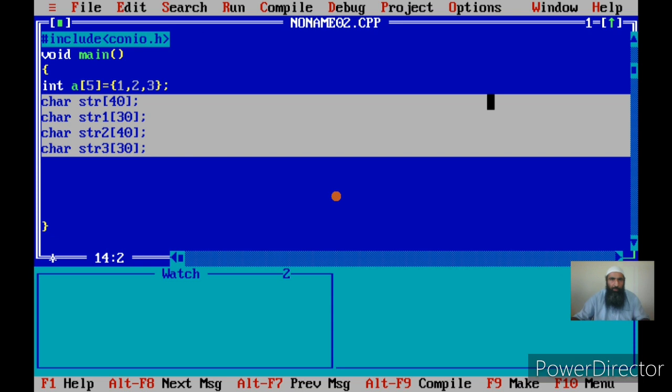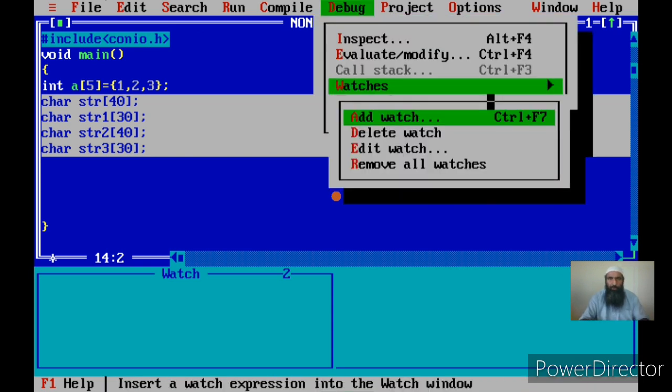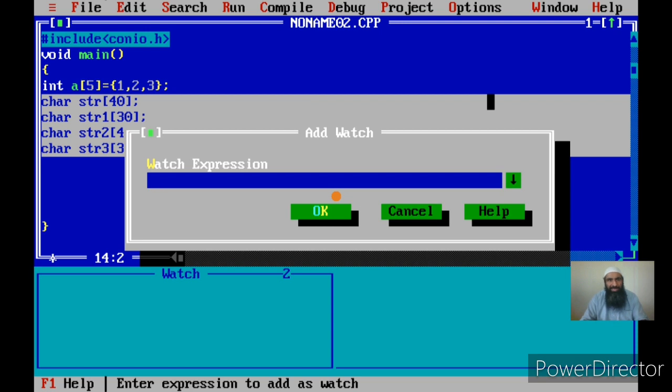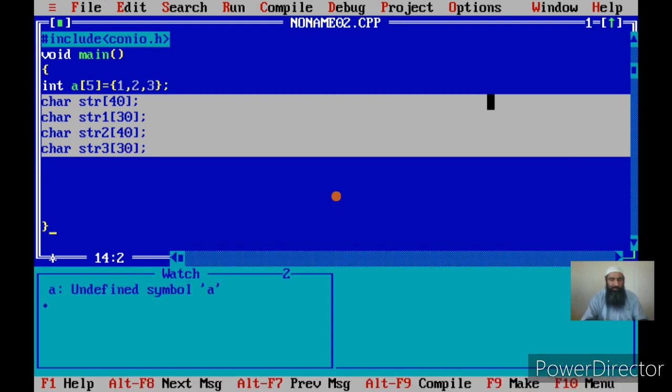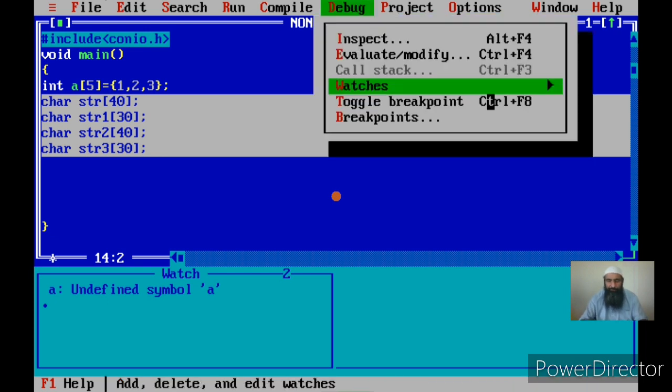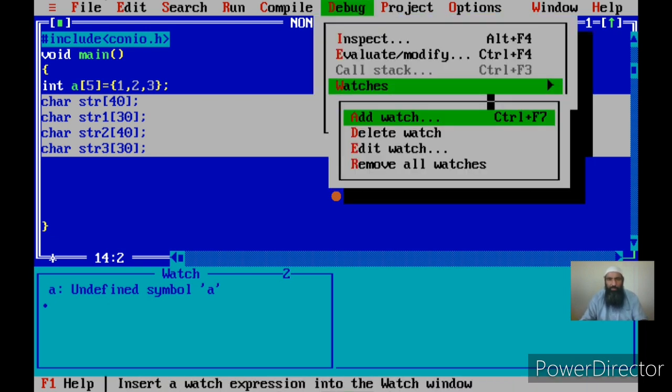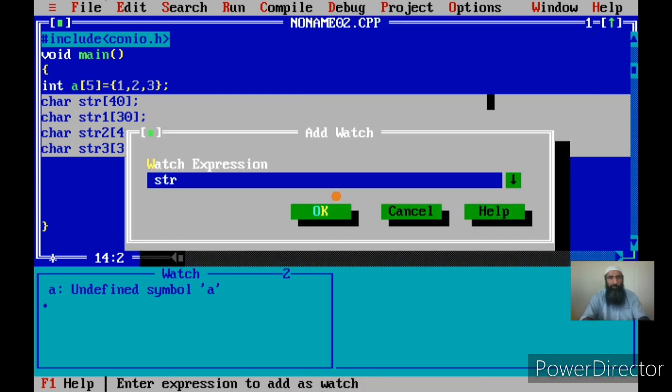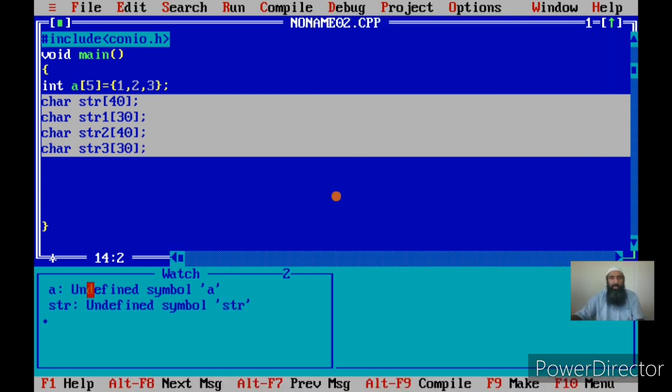Now I add a watch, Alt D, watch. I am going to watch my array, that is A, and another array, str. One is the integer array and one is the character array.